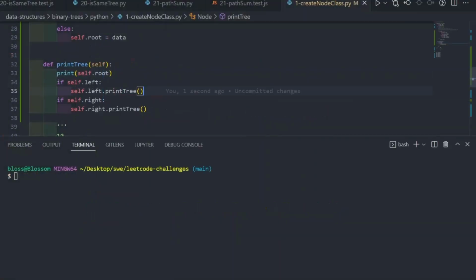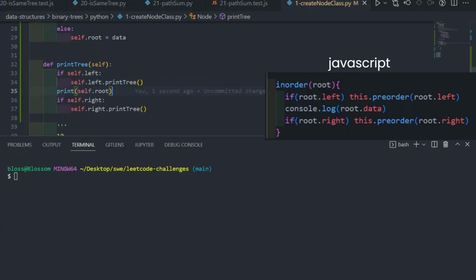So previously we are printing our roots. This is what we had for our preorder, where we are traversing the root of the tree before traversing the left and the right child. Inorder just means that we are traversing the left child of the tree, then the root, then finally we are traversing the right